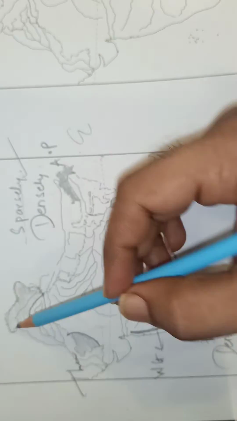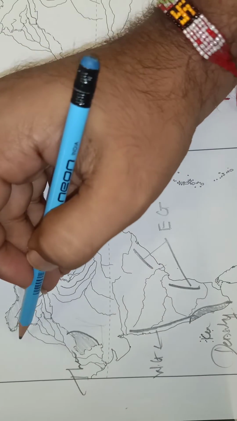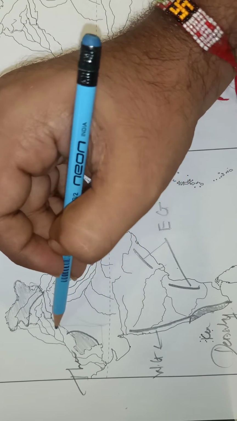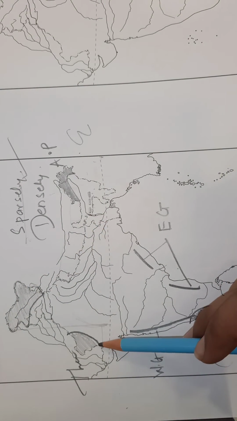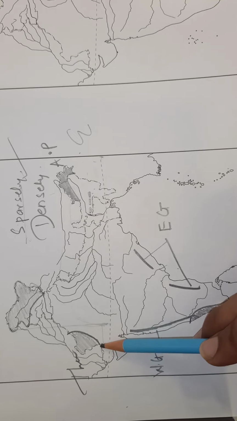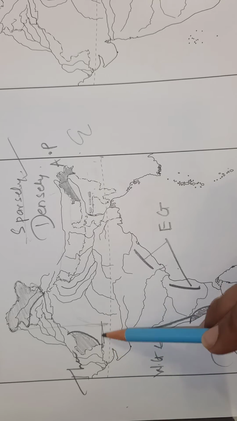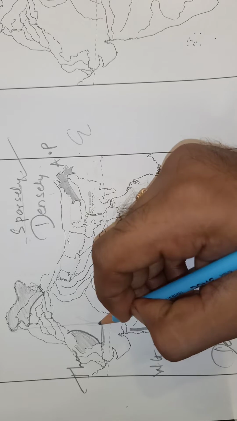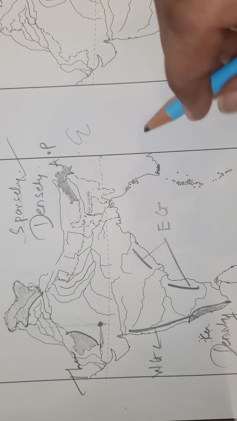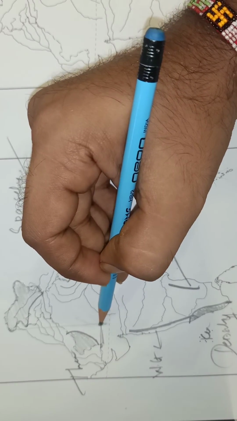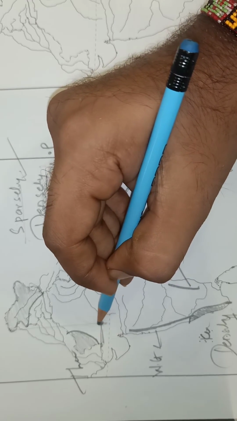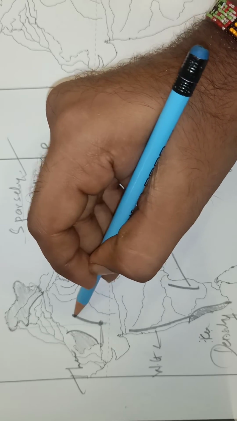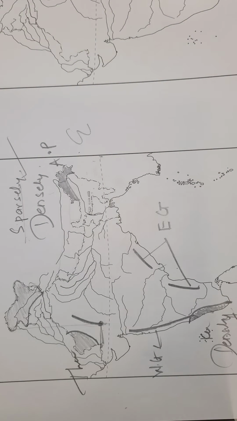See, if I consider the edge of India, this is the edge of India. If I come straight down, this is one line, and see from here where India is coming inside. From the meeting point of these two lines, the Aravalis start. The Aravalis go for around 3 centimeters and it is a small curve, so it is somewhat like this. So this is the Aravalis. The Aravalis are the mountain ranges in Rajasthan.